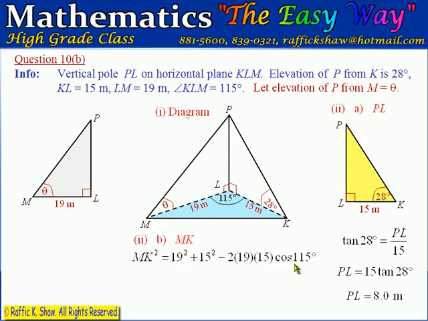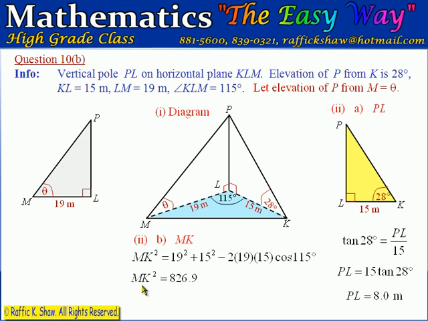So for MK, using the cosine rule, MK squared will be equal to 19 squared plus 15 squared minus 2 times 19 times 15 multiplied by the cosine of the angle between the sides, which is 115 degrees. This is the application of the cosine rule. Alright, and then what we can do is calculate this figure and show that MK squared is equal to